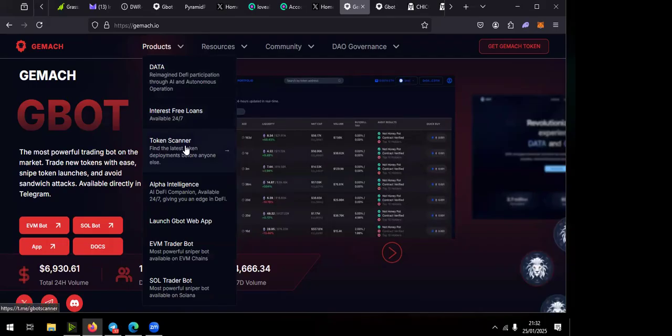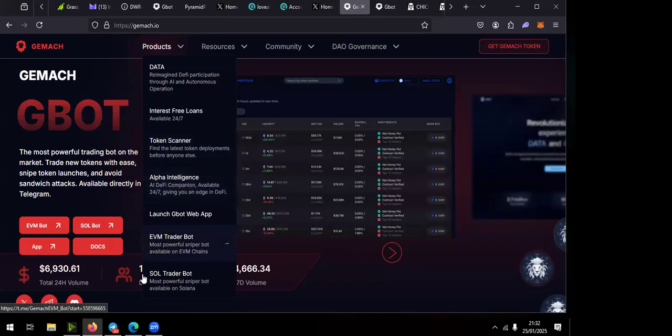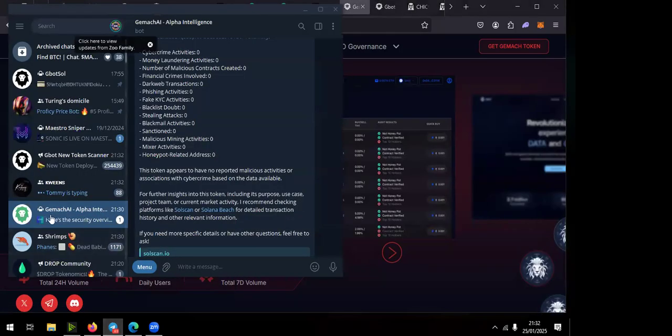There's the token scanner, which brings up all the tokens being launched, which is a really great way to drive yourself crazy because it picks up everything. All the things that do well, the scanner will pick up, but there are so many launches it can be really hard to catch them. Below that is where the Alpha Intelligence bot is. If you click on that, it opens the link and you can have it in your Telegram in a conversation and talk to it directly,